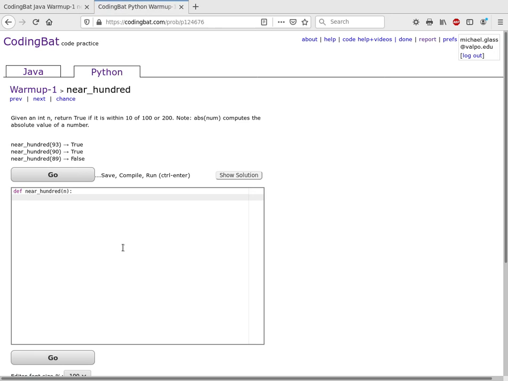So in codingbat, you're writing a function, a subroutine, and it provides you with the function declaration, and then you add the inside code. So this is what you're familiar with. We have a function or a subroutine called near100. It has a parameter called n. So whatever number that the calling program puts as the parameter will get assigned into the variable called n